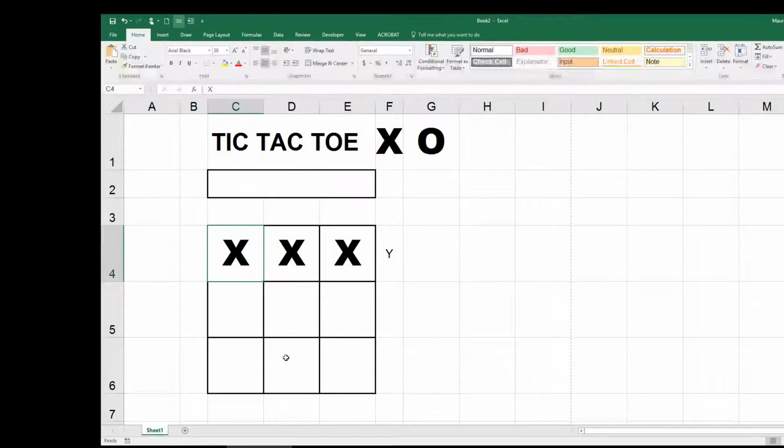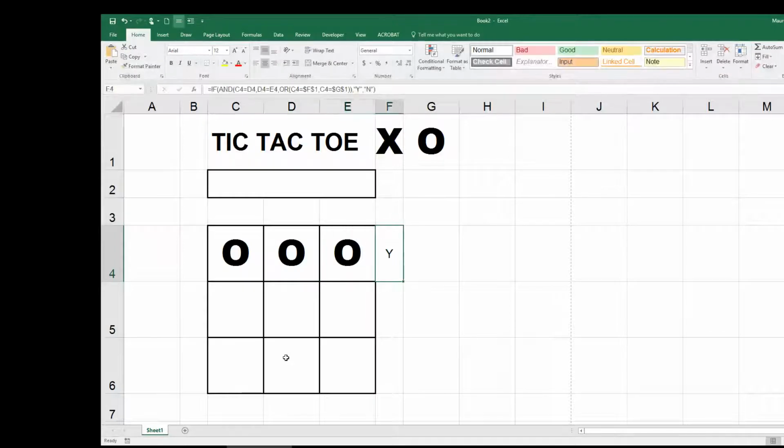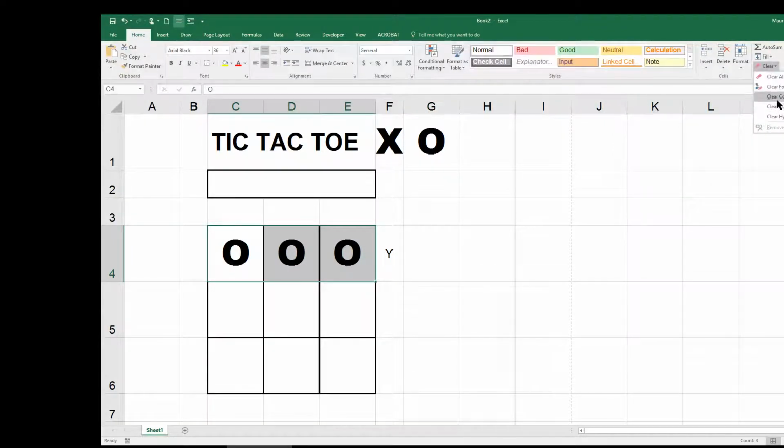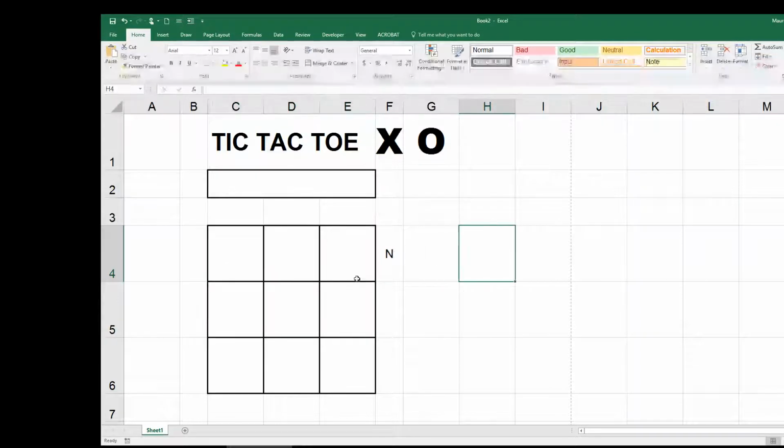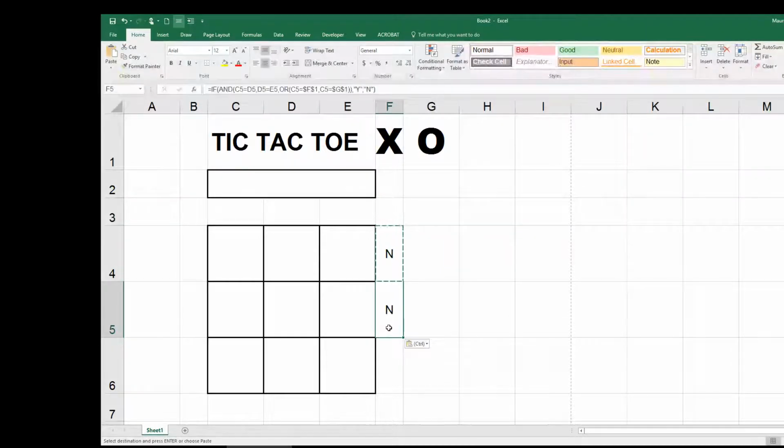Let's just see if we change these to zeros, or noughts. Yes, that's working. So yes, that's a winner. And then we can clear that out. Clear the contents. Okay. All right. So now what we need to do is to copy that formula down into these other 8 positions. So I'm just going to go Control C, and I'm just going to put the formula in there. Control V,